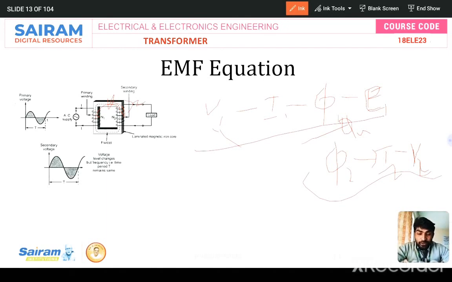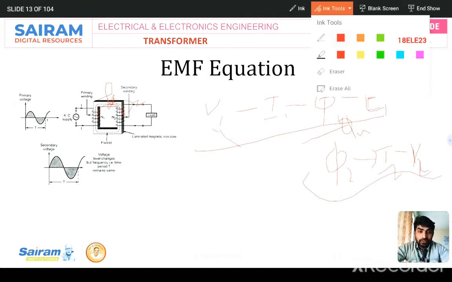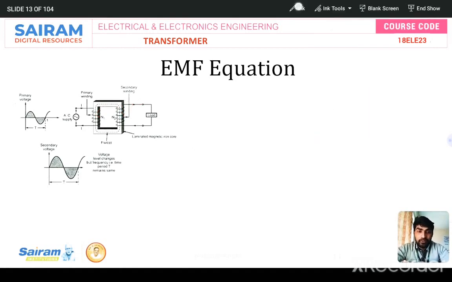There is a primary winding having number of turns N1, input voltage V1, input current I1 and flux produced phi 1. Due to mutual interaction between phi 1 and phi 2, there is a mutual flux phi m, okay, mutual flux phi m. Due to that, EMF is induced in the secondary side, that is V2. Once again, how the transformer is developed, I'll just give you the hint.